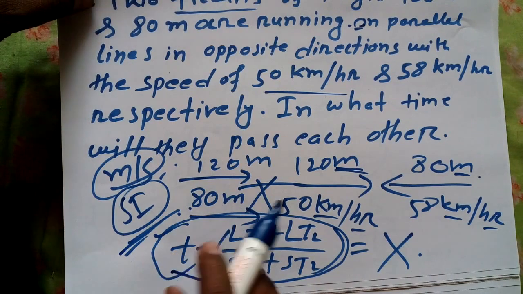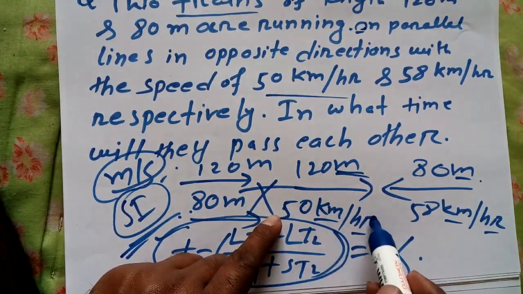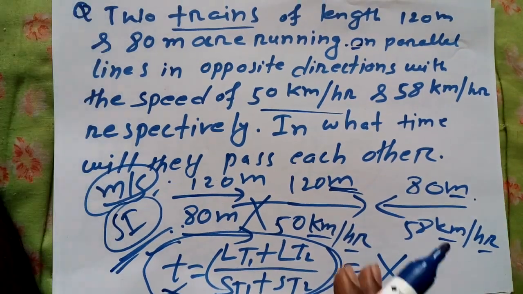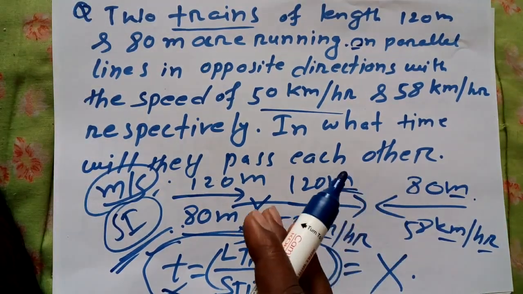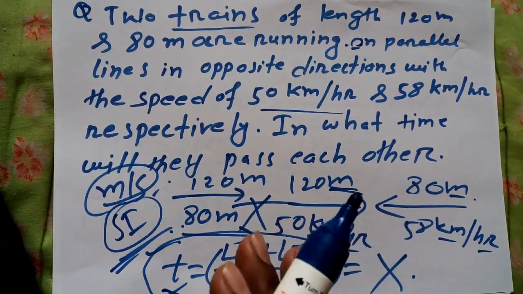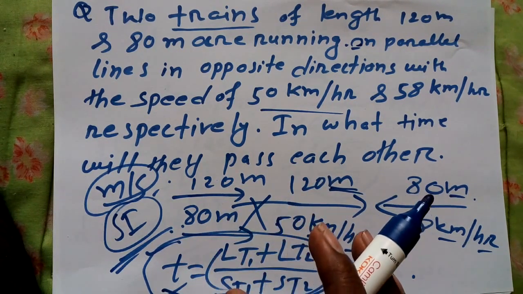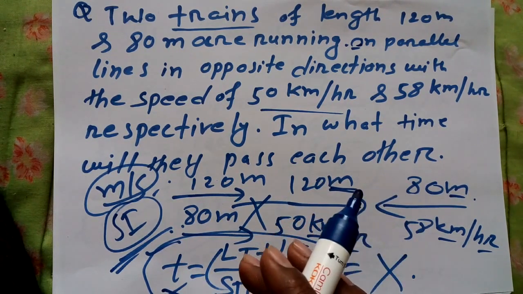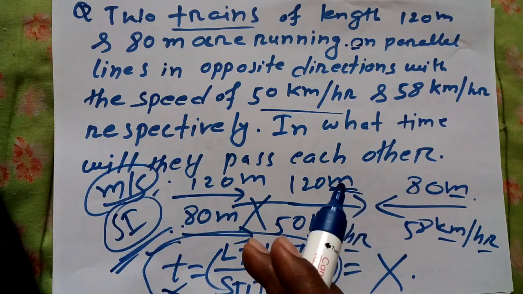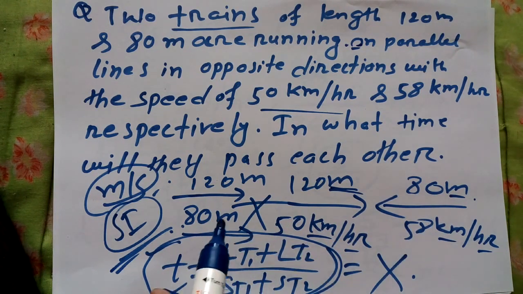Otherwise we would need to convert meter into kilometer, which is difficult for us. That's why we convert the units. Also, one of the most important things: we need to find out in which unit we need the answer. We need to see the options if they are given, see in which unit the answer is required, and make our data according to that. That way, at the end we can get the answer according to our requirement.